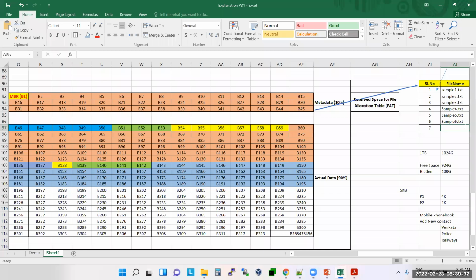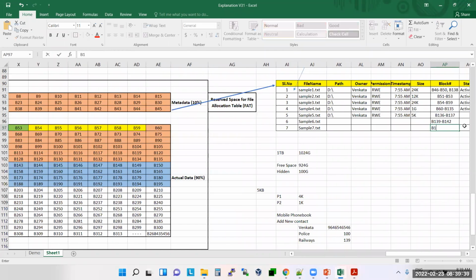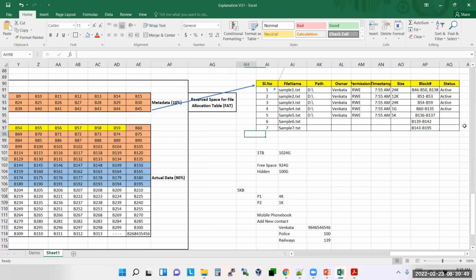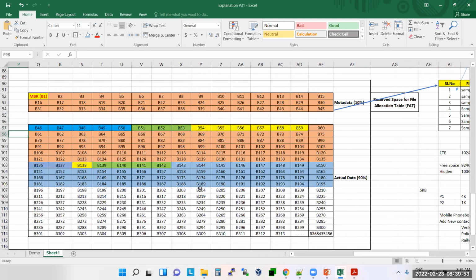After understanding the concept, now I'm talking about the problem. What is the problem? 7th file, B143 to B195. Now like this, I have one more file here, guys. Till this one also, this is the same file, you can say. B202, you take it.